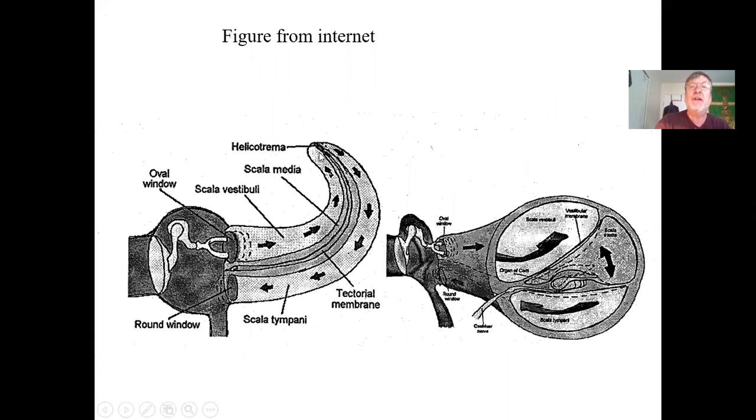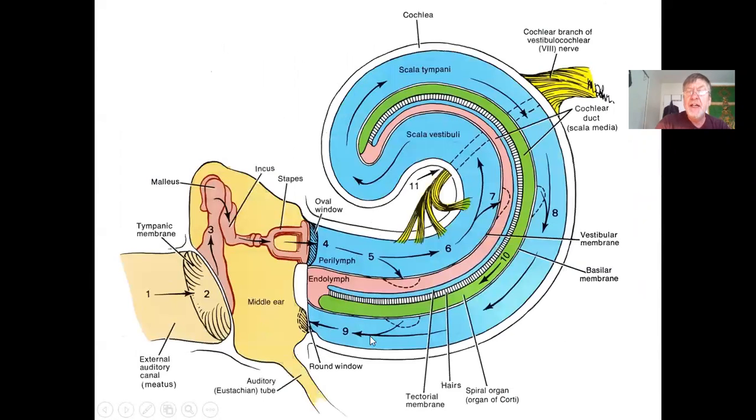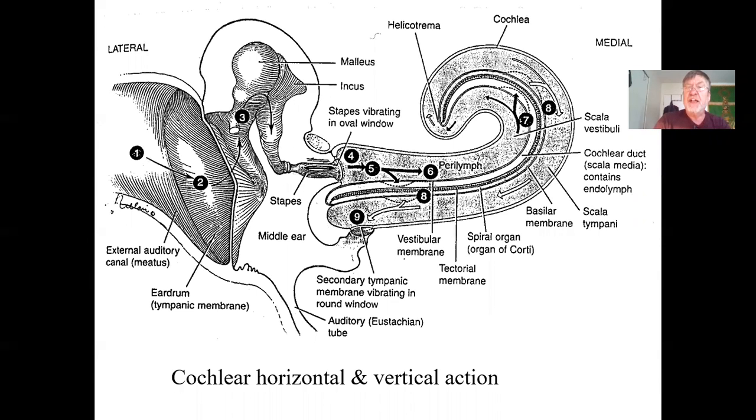Because the helicotrema is a narrow space, and you're forcing a wide area of fluid to converge around a narrow place, thus building up pressure. And because you've built up the pressure, something has to give, and that giving action may take place here or here or here, depending on what the frequency of the sound was. Good. Once again, eardrum, malleus, incus, stapes, oval window, round window, horizontal action,